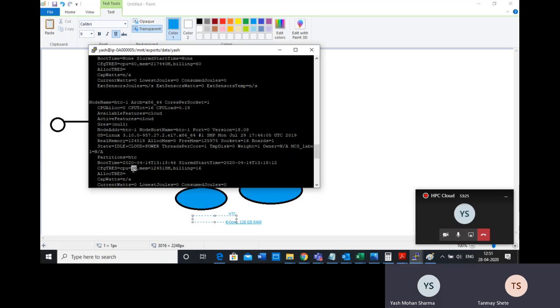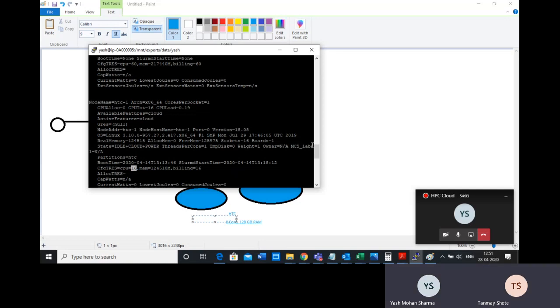So there is a concept called virtual CPU versus physical CPU. These 16 are actually virtual CPUs. Physically, there are 8 CPUs, so we recommend using only 8 out of this. But in the HPC partition, whatever 60 cores you are seeing are actually physical CPUs, so you can use up to 60 there. But here you can use a maximum of 8. I mean, you can go beyond that, but you will not get good performance beyond 8.